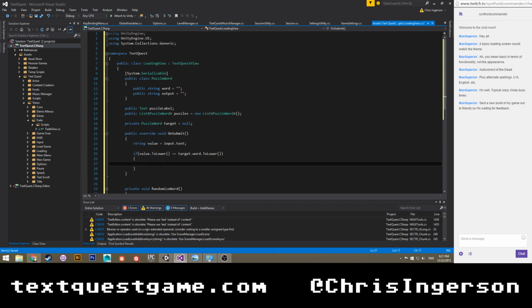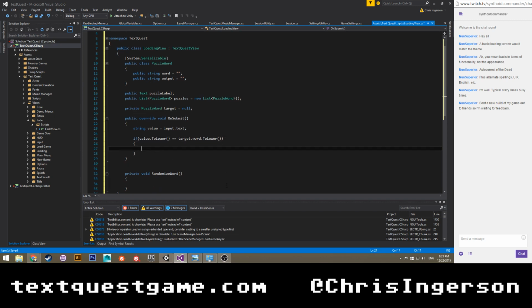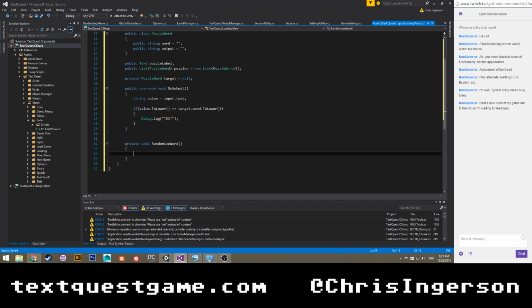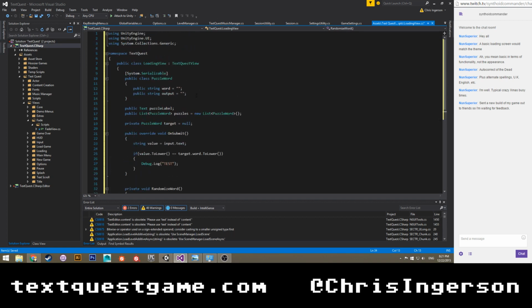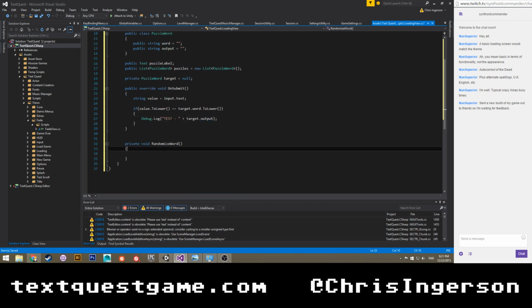That's why. We'll do debug.log. I hate that logger exists because it keeps defaulting to that now. Test. All right. So randomized word, we're just going to have, and then we'll go ahead and put output plus target dot output. Okay.